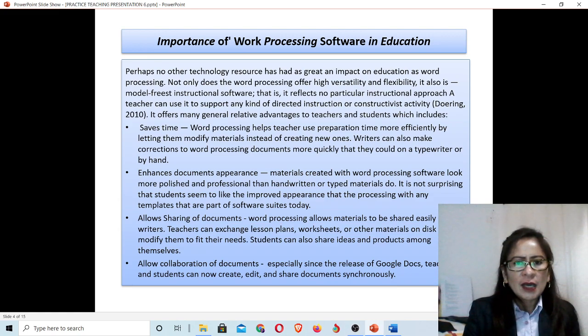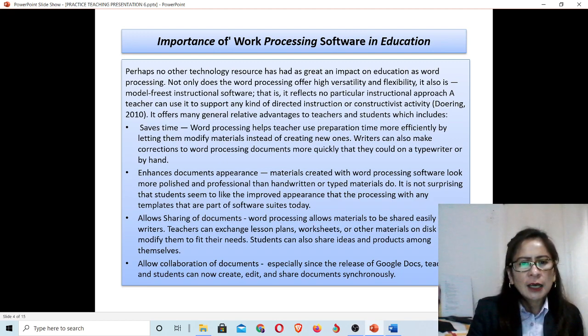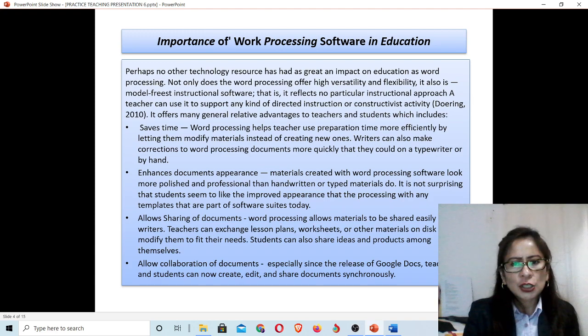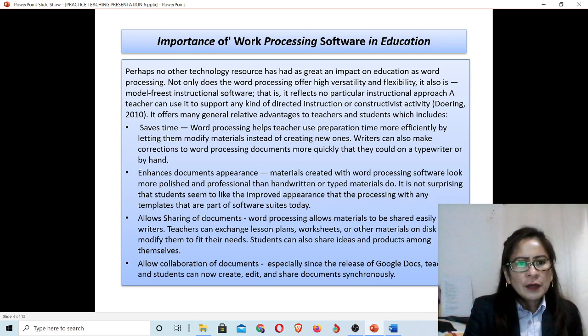That is, it reflects no particular instructional approach. Teachers can use it to support any kind of directed instruction or constructivist activity. It offers many general relative advantages to teachers and students, which include: